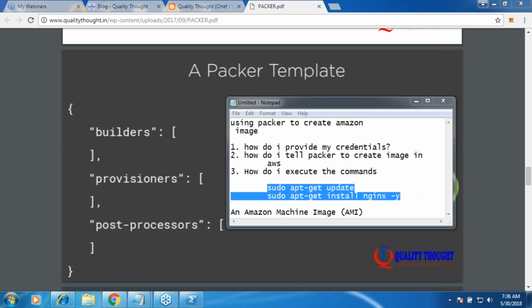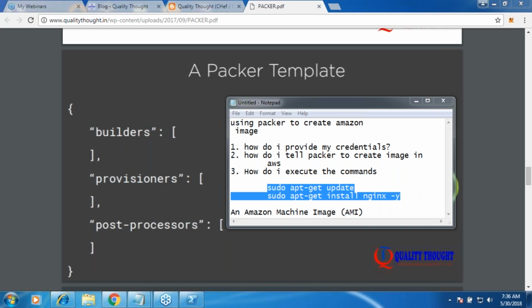For example, if you don't find a builder in Packer which is about AWS, then you cannot create an AWS image. That's as simple as that. So builder is a key area. To that builder, you need to pass different parameters. It could be your usernames, passwords, whatever it could be, all the details for basically achieving that. The second step is, once you get the basic stuff, what are the other extra things which you need to customize? Provisioning is all about customizing for your environments. The third step is about conversion.